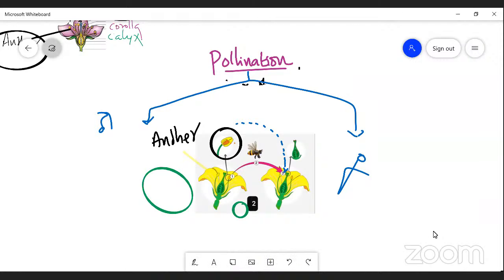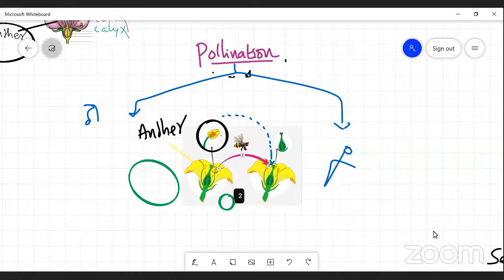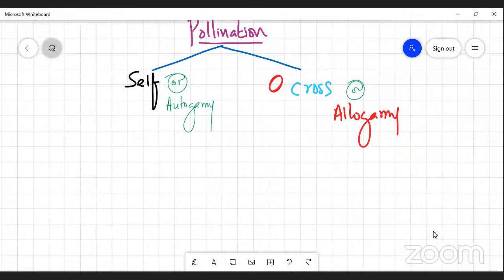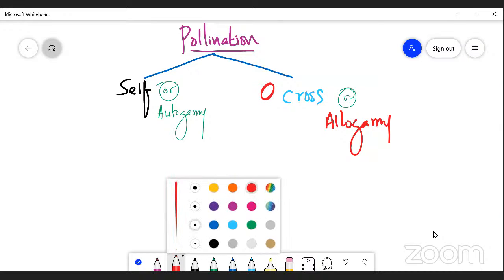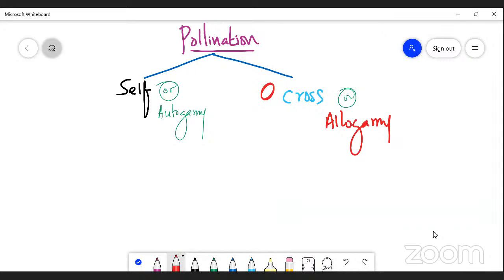And self pollination is further divided into the following types. As I said, pollination may be of two types, right? The self pollination is sub-divided as follows. It can be explained by 3 methods. The one is clistogamy. Clistogamy is a kind of self-pollination in which the floral parts never open and they never expose